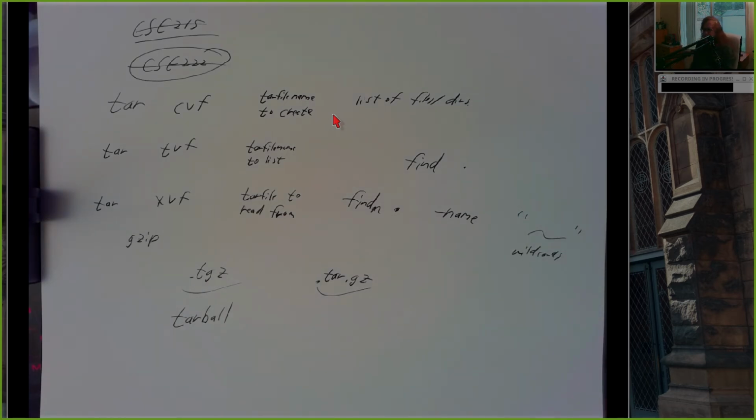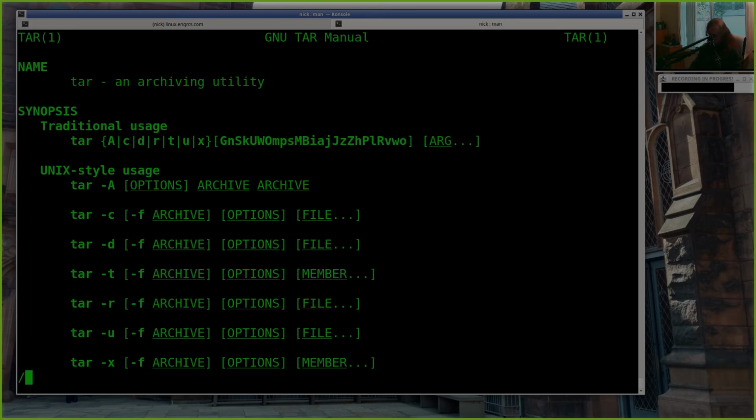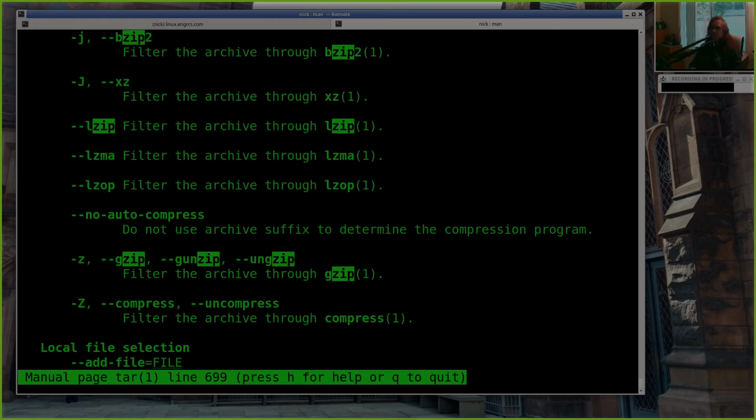A lot of Unix mentality is sort of like single function focused, because we have the ability to pipe things together and write scripts and so on. The core behavior of a lot of things is sort of single function, but pretty good bet that we can compress. So we can filter the archive through bzip or lzip or gzip and so on and so forth.